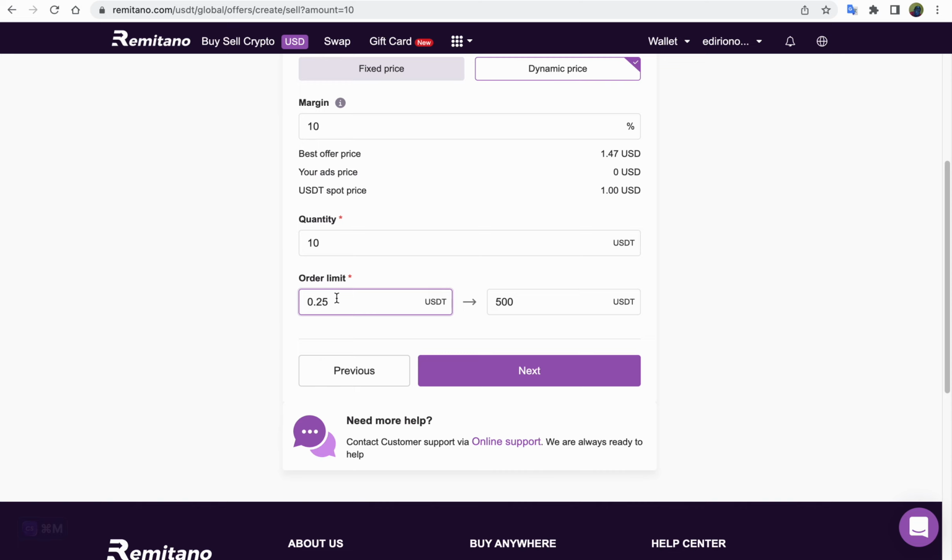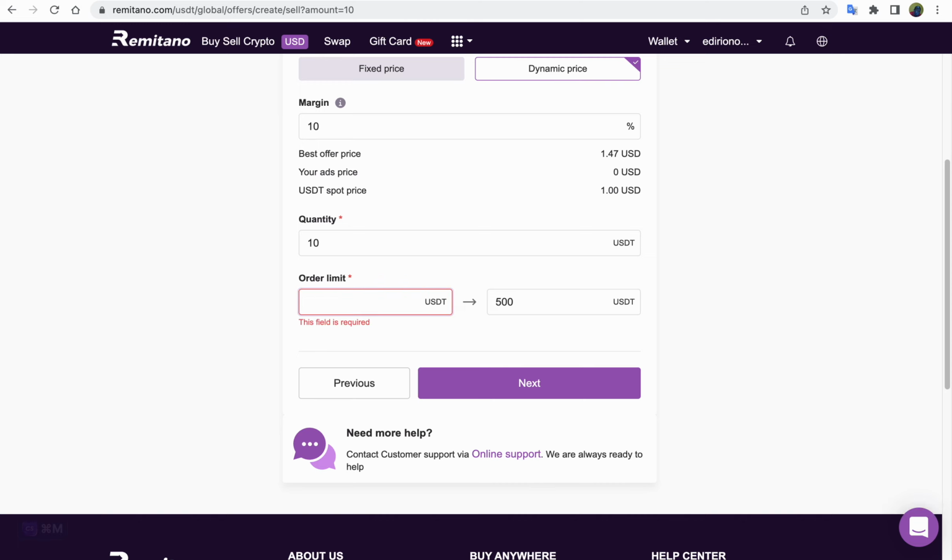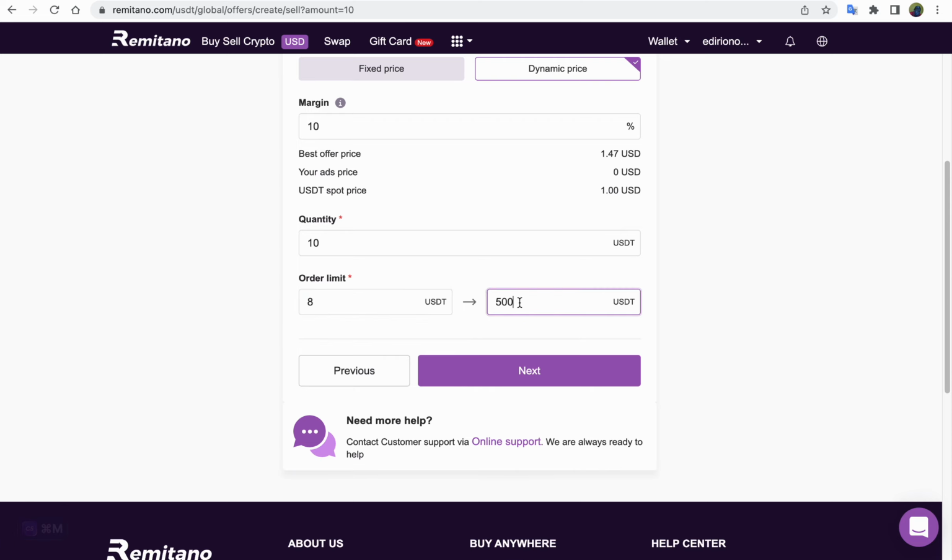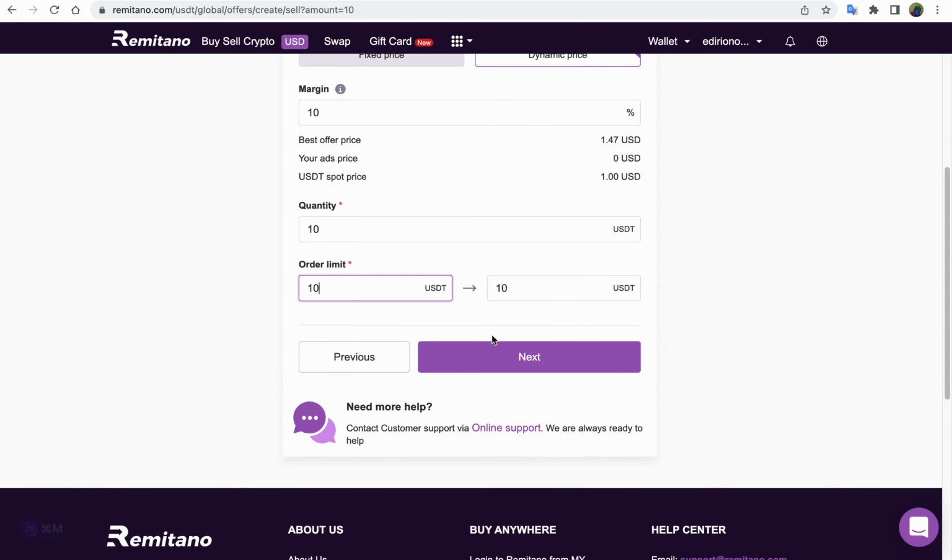and then I have to also specify the range of orders that I'm willing to accept for this particular transaction. So because the amount is low, I don't want to accept the transactions in bits. So I can just specify between 8 to 10. I could just put $10 at once so that I just receive only transactions for $10 so that I just know that I'm just getting one kind of transaction. And then